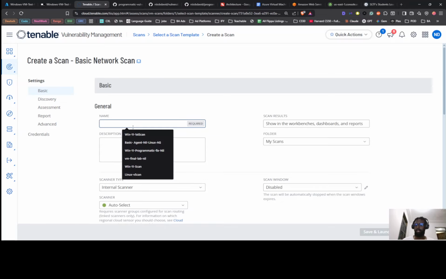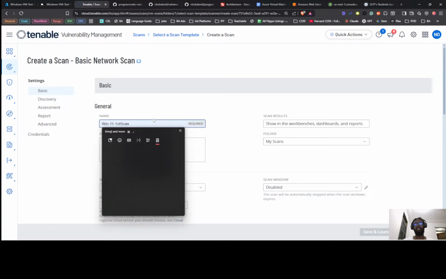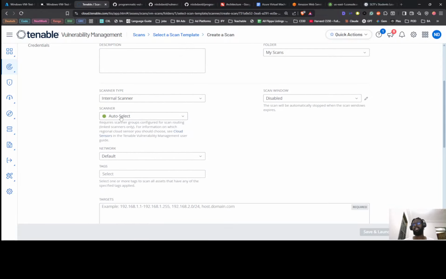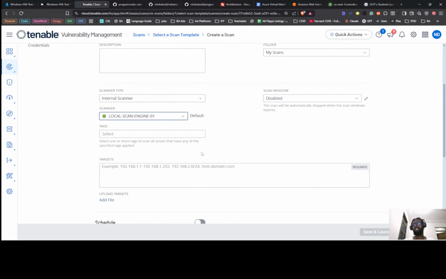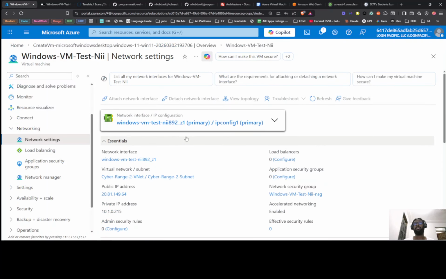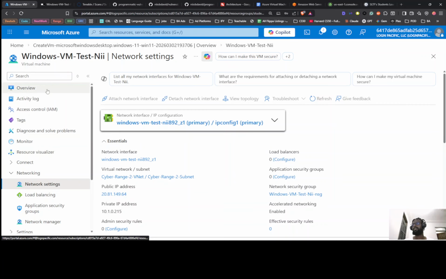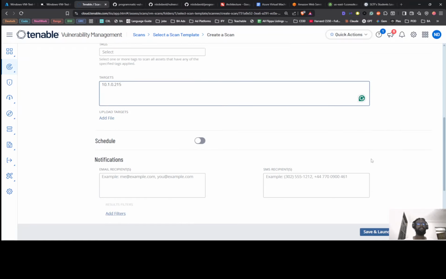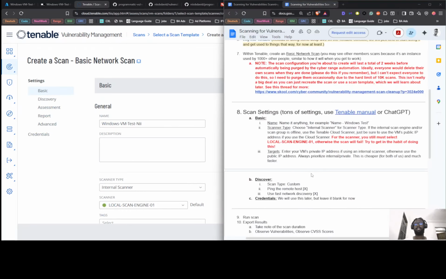And we will name it with the name we gave our device. And then we will choose the local scan engine and we will target, we have to go here for the IP address. I think we can get it here. Yeah, the private IP, we can just get it here. Paste the private IP in here. That's good. And next,